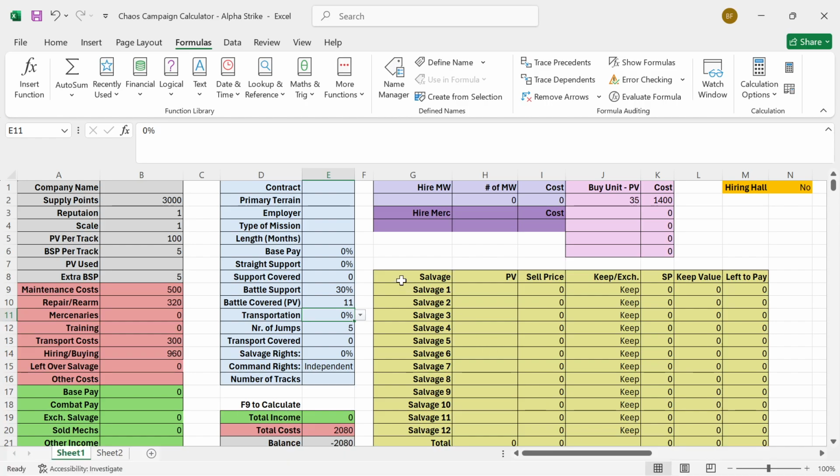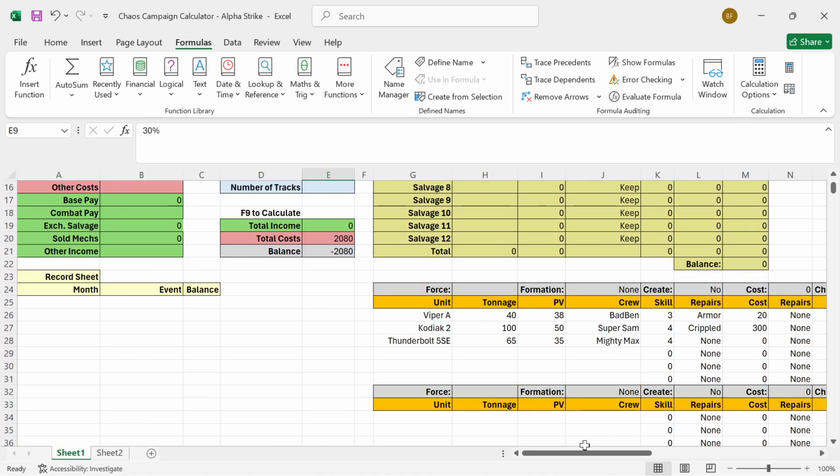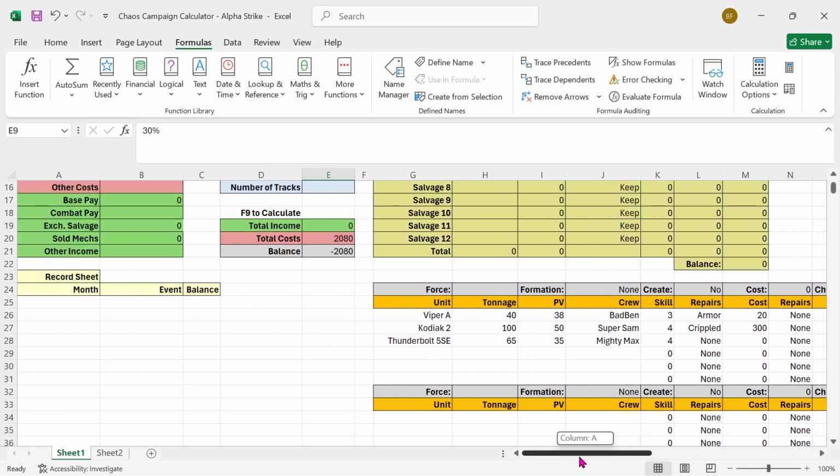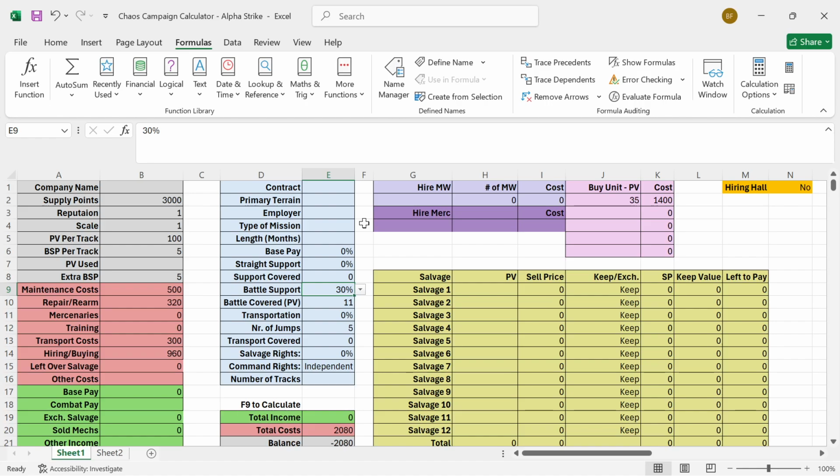So, yes, I have fixed it. It no longer says 11.4, it says 11, which is better. So it shows you at 30% battle support because you have a destroyed unit. They will help to cover the cost of replacing that with a new unit, right? If they covered, and here is my cost now is 960, and they're covering,